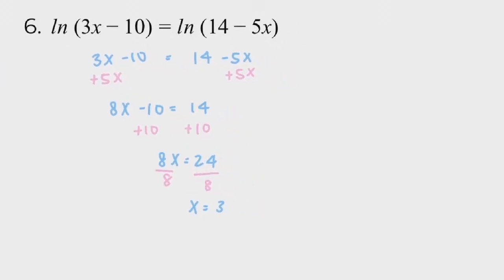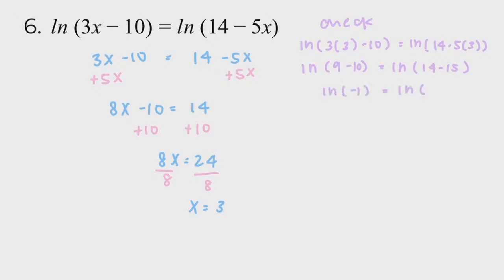And since it's a log or ln problem, that means we do have to check. So we have ln(3 times 3 minus 10) equals ln(14 minus 5 times 3). So we have ln(9 minus 10) equals ln(14 minus 15). ln of negative 1 equals ln of negative 1,